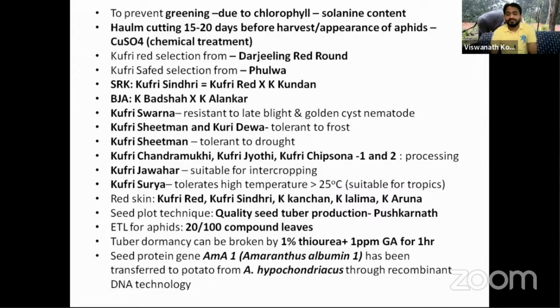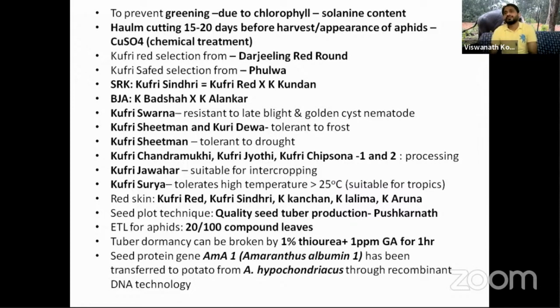The aphids are the vectors of the viral diseases in potato. So at the end of the cropping season, the time of harvesting, when the temperature rises, the aphids will come, and the aphids spread the viral diseases. So to prevent the spread of the viral diseases through aphids, we cut the haulms when the temperature rises at the end of the cropping period, just before the harvesting.